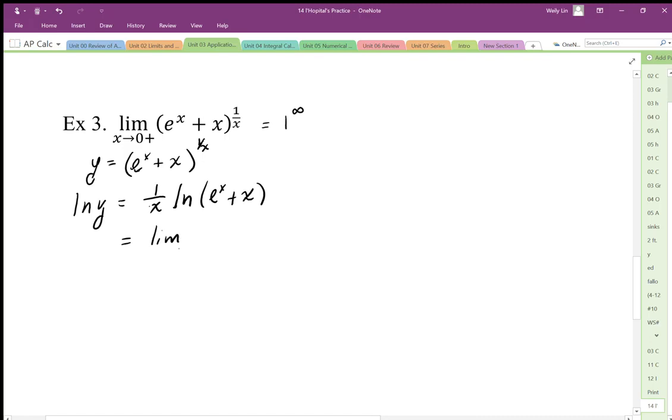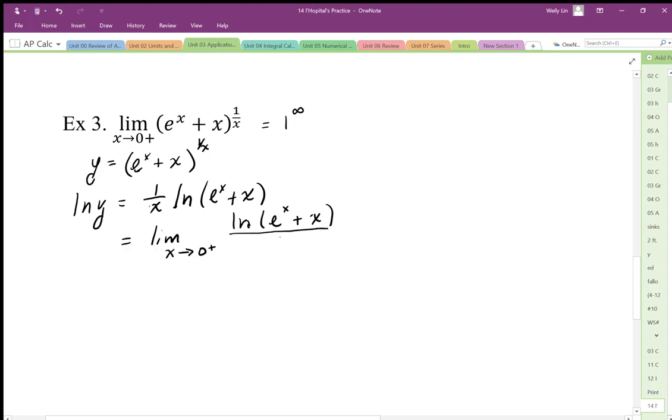Limit as x approaches 0 from the positive side, we're going to end up with log of e to the x plus x. Okay, so this is going to be log 1, which is 0,